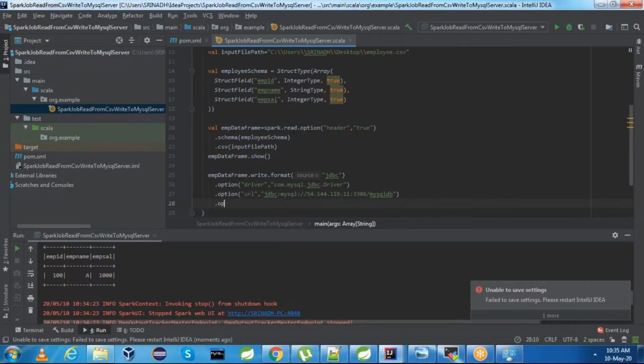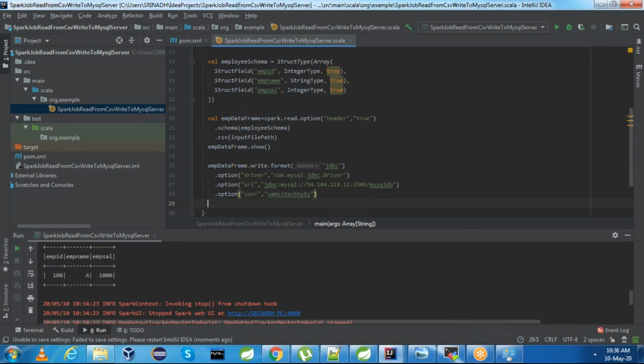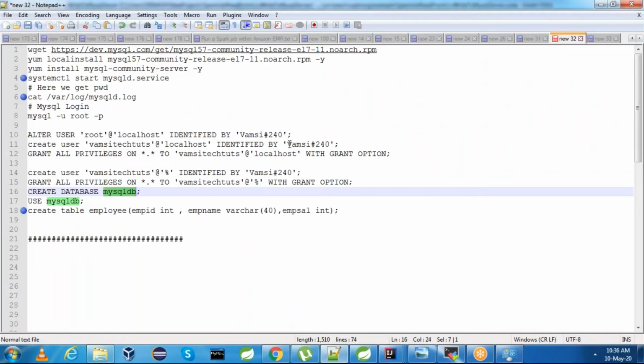Next option, what is your user? What is your MySQL user? MySQL user is Vamsi Tech Tutorials. And then what is your password? MySQL password I kept as this one.